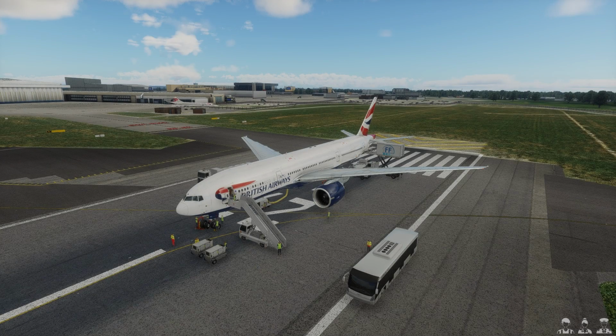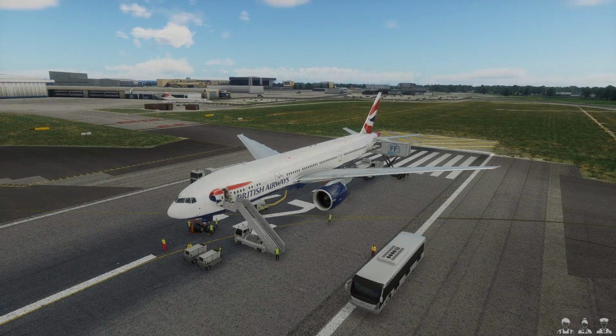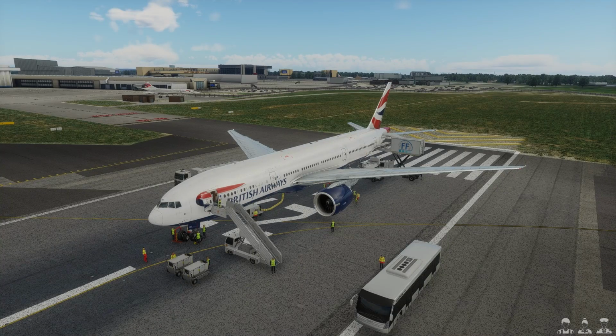Now for the ground handling. It comes with a full suite of ground handling. As you can see, we've got some stairs. The bags are being loaded, fuel, the catering at the rear of the aircraft, and it comes with a really cool animation. They fall from the sky though, they don't drive up, but as you can see, it's a really cool animation. I've clicked for the wheels to be changed, and you can see all the wheels are being taken off and put back on,